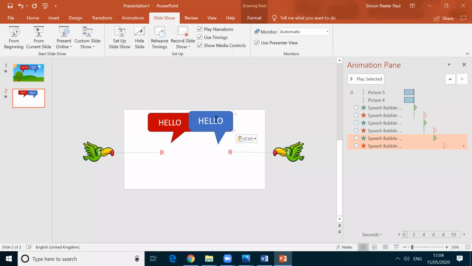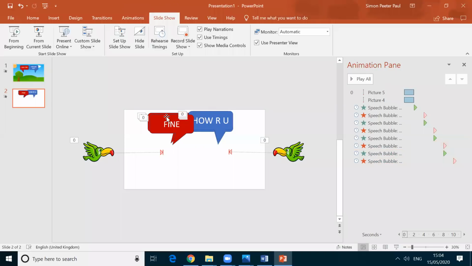Here you can type anything, and you can resize it. And then after that, see the animation is generated automatically. Again, I click here, I copy it, and then I paste it. And then here, fine. If you want to move this one, move.